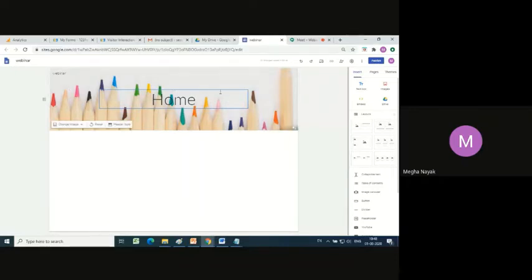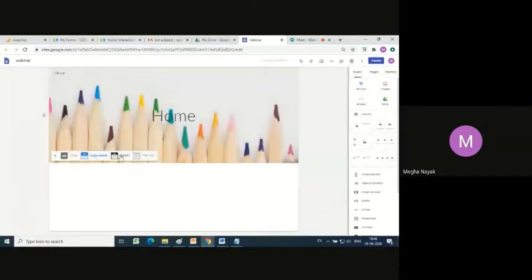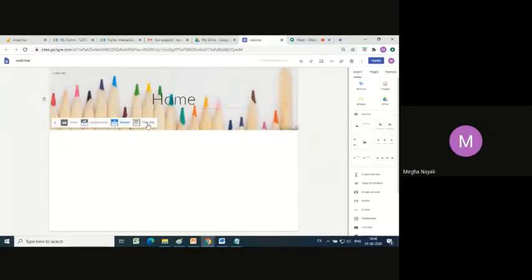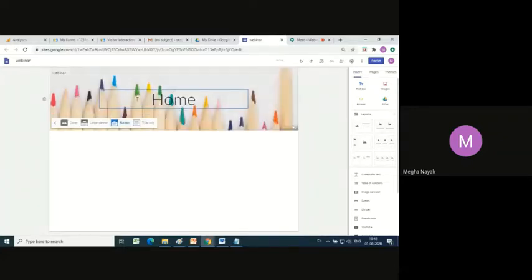So this is our home page that we see over here. Again, if you want to change the type of the header, this is the header picture, but if you want to change the type, I click on this header type. There are different options here. If I click on cover, this is how it will look, big. If I click on large banner, this is how it's going to look. If you click on just banner, this is how it's going to look. If you want just title, neat, plain, nothing, just keep it this way. Probably at a later point of time if you want the header, you can just click on banner. So this is how my header looks at the moment.